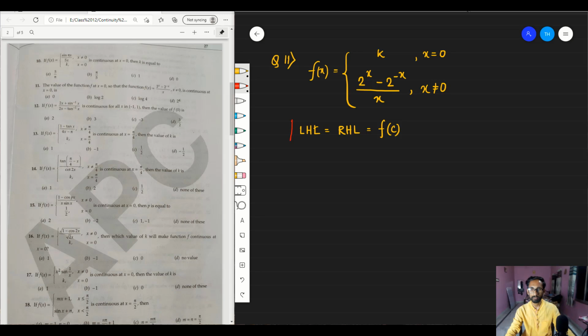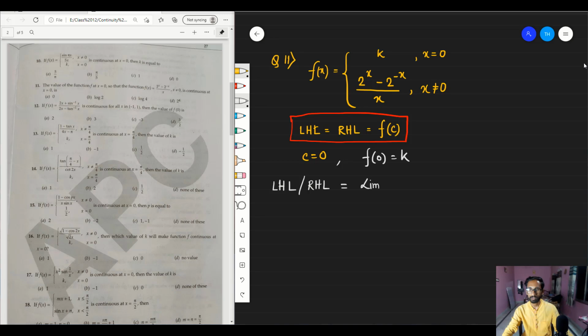Only then the given function will be continuous at C. In this case, the point C is equal to 0. Now, f of 0 is directly k from the given definition of the function. Now, we can calculate either the left hand limit or the right hand limit, as limit x tends to 0 plus or minus for RHL and LHL respectively,